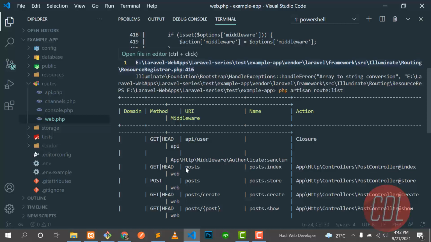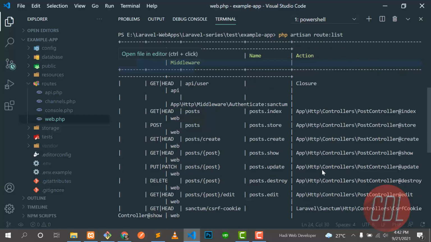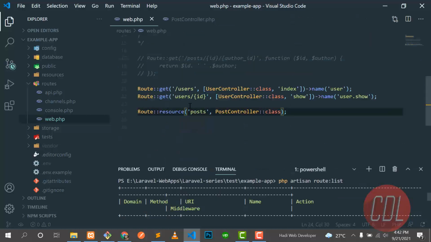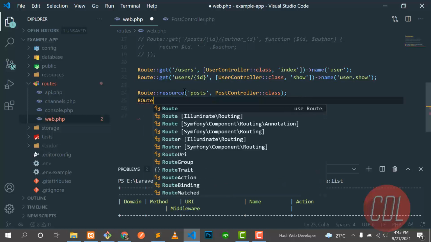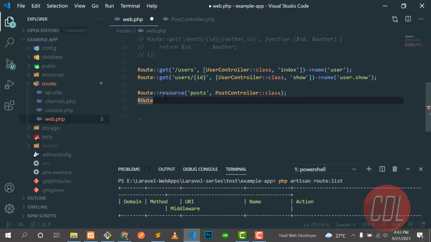So there are predefined routes with these methods, so you don't need to create them manually, like the post get method, then post store, and so on. This will be created by this resource controller, and this is very useful when you are creating a very huge application. You don't need to waste your time creating new routes, like route post slash post, route post slash id. You only specify this resource and this will work like a charm.